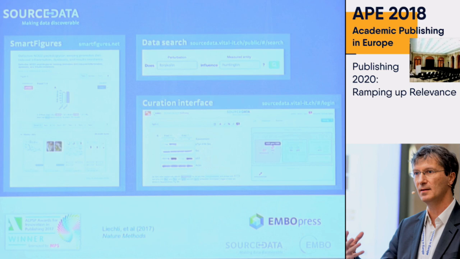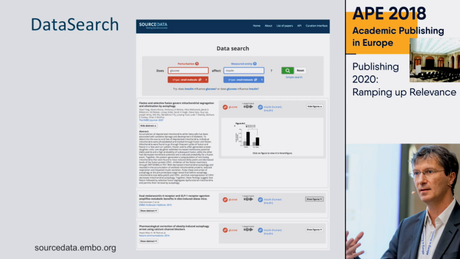So for the search interface, the idea is that a user who is interested in a particular piece of data and experiment, and I take here a simple example where somebody would like results that test the effect of glucose on insulin. The results that are returned are papers that contain experiments that are relevant for this query, and automatically prioritize those experiments inside the paper that show the result of this experiment.